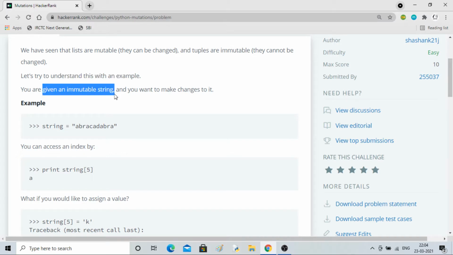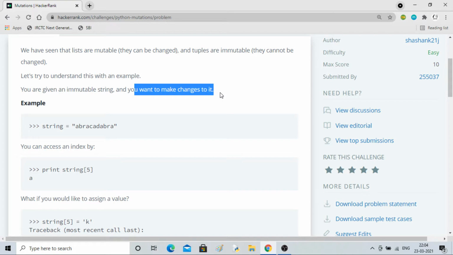So we are given an immutable string and we have to make changes to it. Here you can see the string is given like a b r a c a d a b r a. Now if you print the fifth index value, 0 1 2 3 4 5, it will be a.